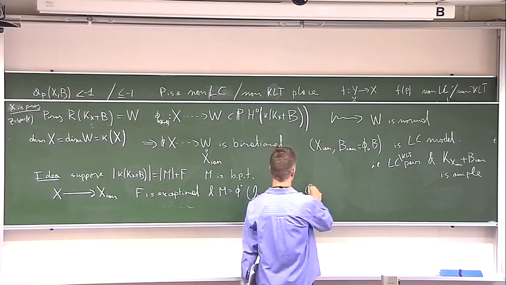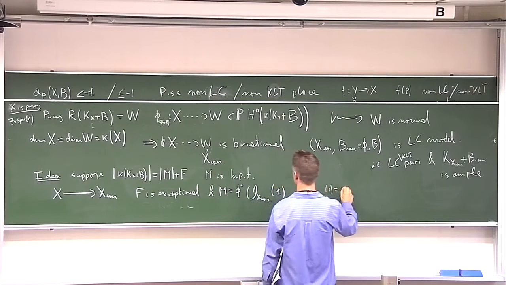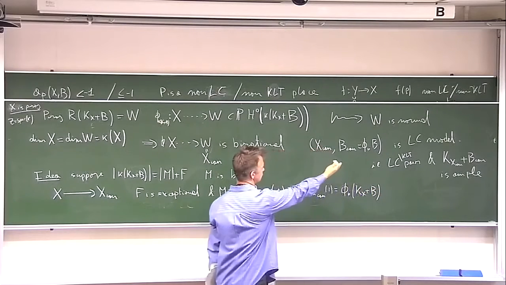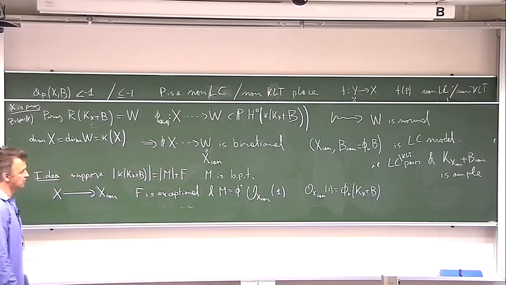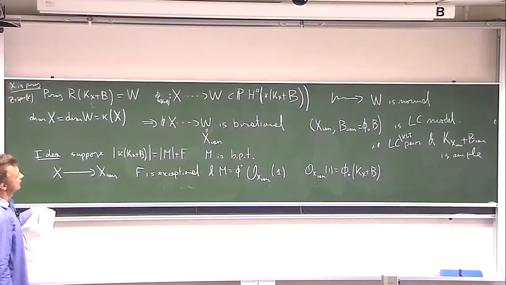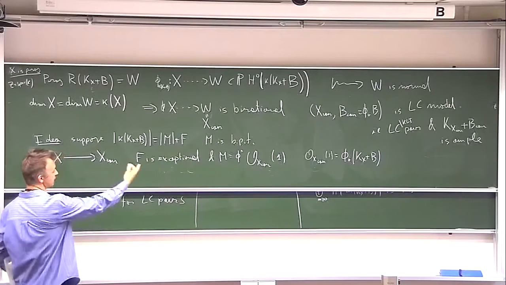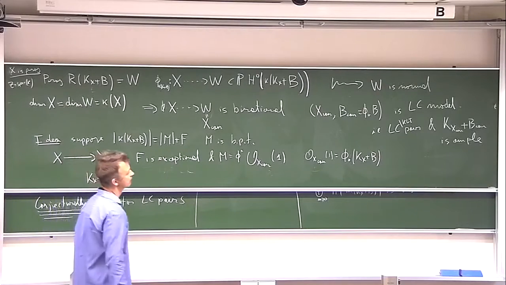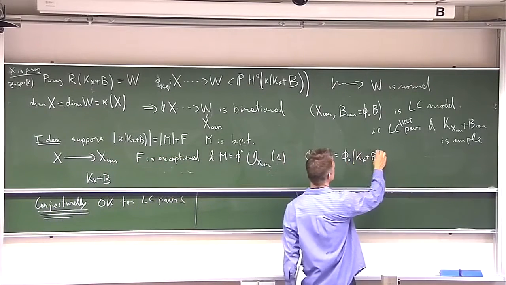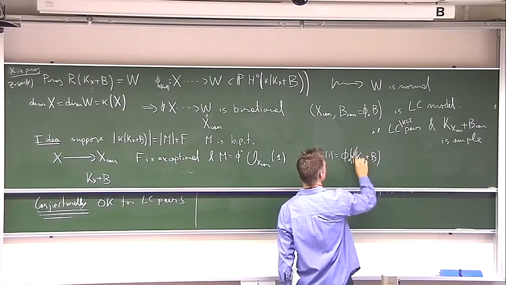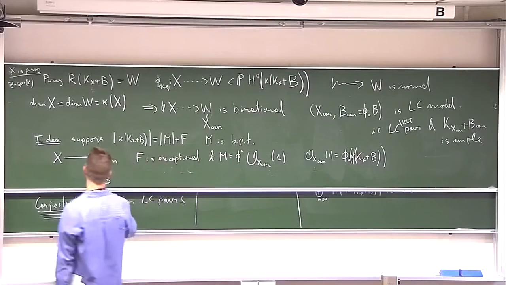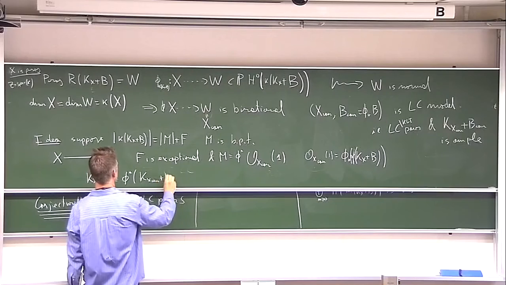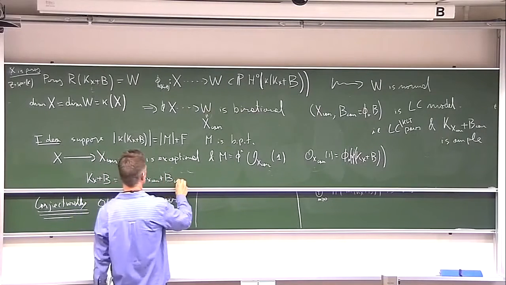And so O_X(canonical 1) will just correspond to the pushforward of K_X + B, in other words, to the log canonical class of the log canonical model. And finally, if we compare these two, then K_X + B... Oh, this cannot be right. There has to be a coefficient of k in front. And when we compare these two, k(K_X + B) will just be the pullback of K_X canonical + B canonical